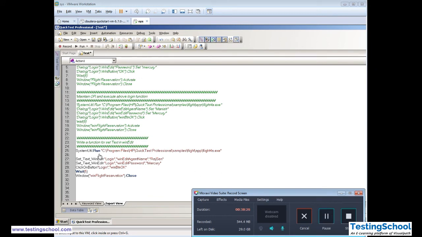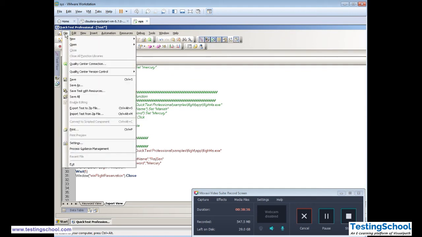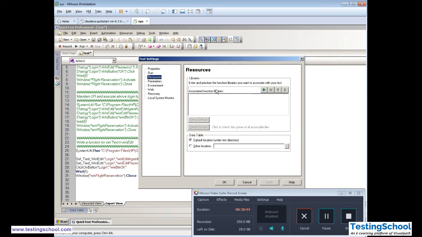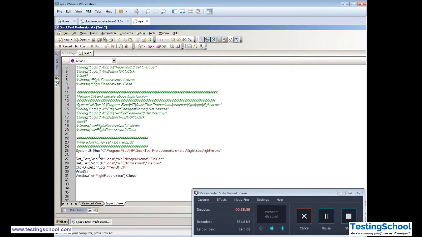So file association happens at two levels. One is you can go to settings, file, settings, and here is the resources, associate functional libraries. So you can associate functional libraries here also, but that will become constant.